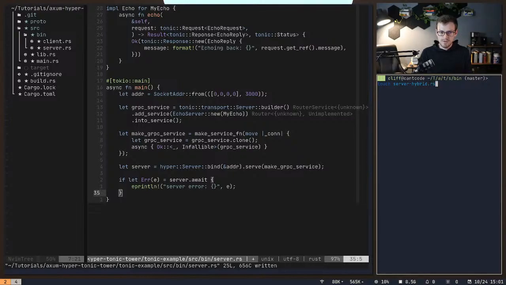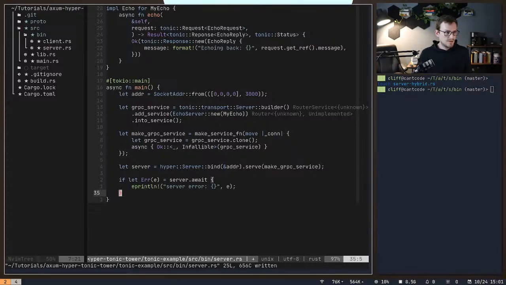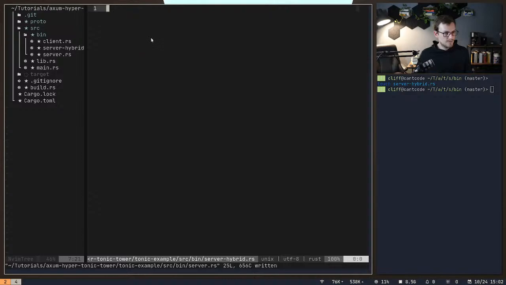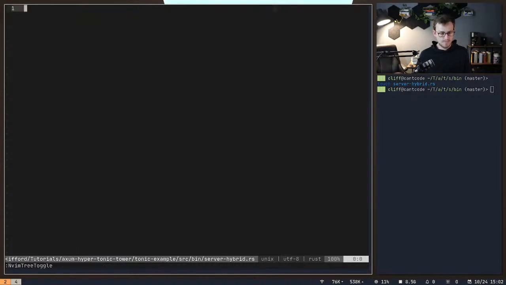Server hybrid. And then where is it? There we go. Nice. So